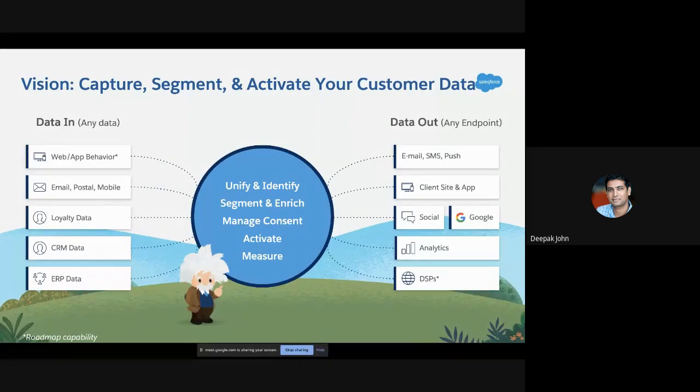So once you've got that internal view, then it's about activating and pushing that out. So taking all of those clever segments that you've built based on propensity, based on how you think you should be engaging and why you should be engaging with those customers, pushing that into engagement platforms like the Marketing Cloud platform for execution on emails, social media, but also Journey Builder.